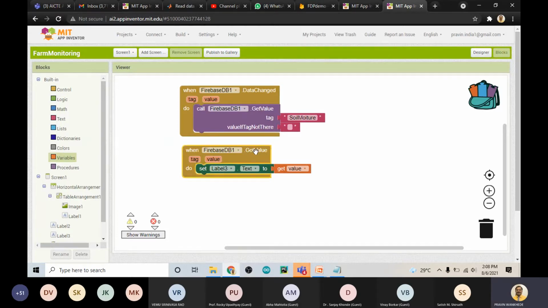I hope you got this one. One block is to receive the data from the Firebase, and the second block is, once you receive the data, to display that data on label 3.